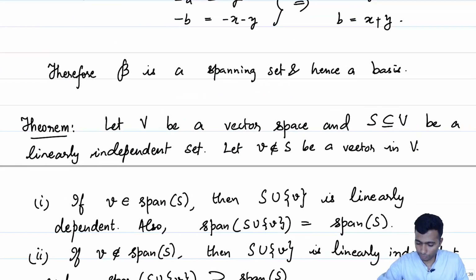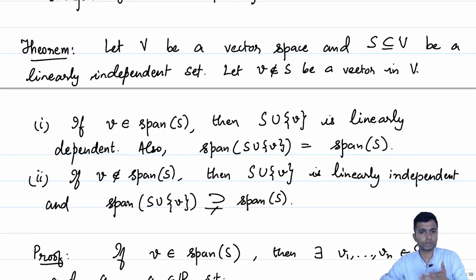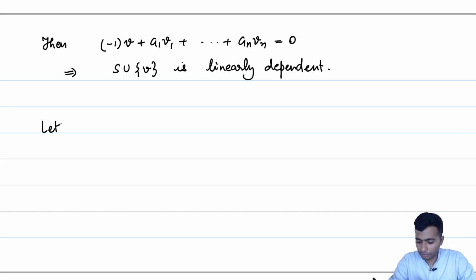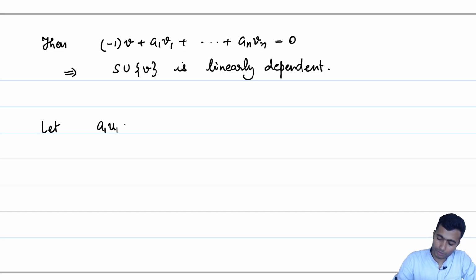That's what we had set out to prove. If you notice, we also have to show that S union V has the same span as S. We have already done a similar argument. So let us take some arbitrary element in the span of S union V. So let a1 u1 plus an un be an element in the span